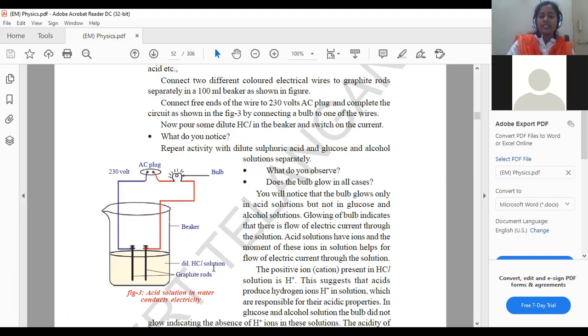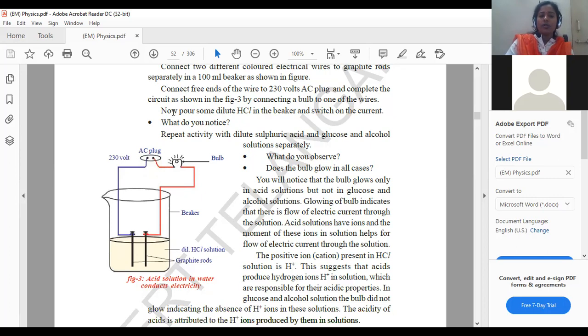That is mainly because HCl is a good conductor of electricity. Whenever it is present in the aqueous state, it is dissociated into H plus and Cl minus ions. When these ions are generated, they are used to carry the current from one place to another. So through these ions, current passage is possible. That's why the bulb glows. It will be switched on and illuminated, right? So in this experiment, you can confirm that because of the H plus ions in this HCl, current will be generated. This is one of the experiments among all.